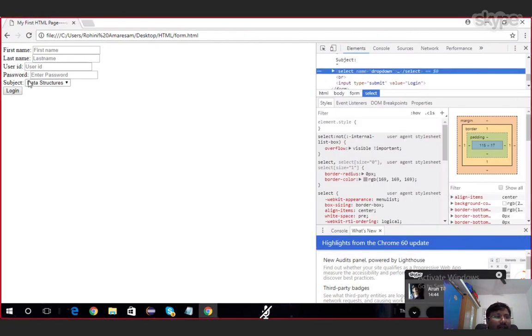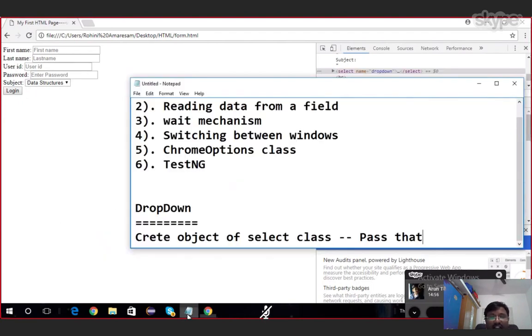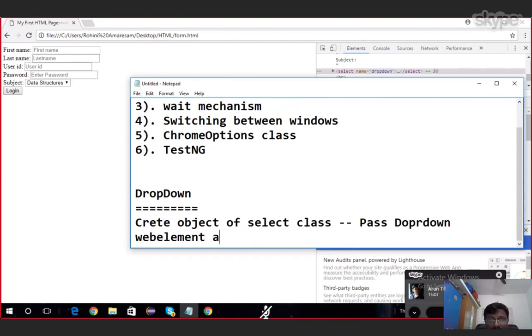Wherever we are seeing drop down box, that drop down box element or tag or web element, we need to pass as argument to select a class. Pass drop down web element as argument to constructor.